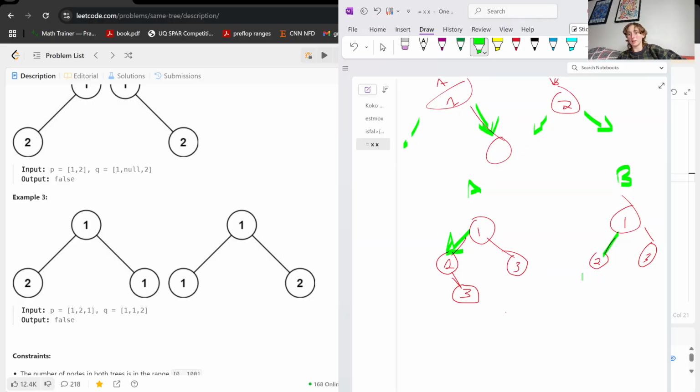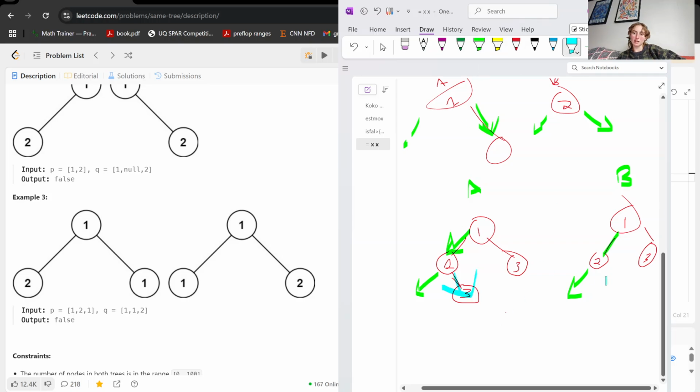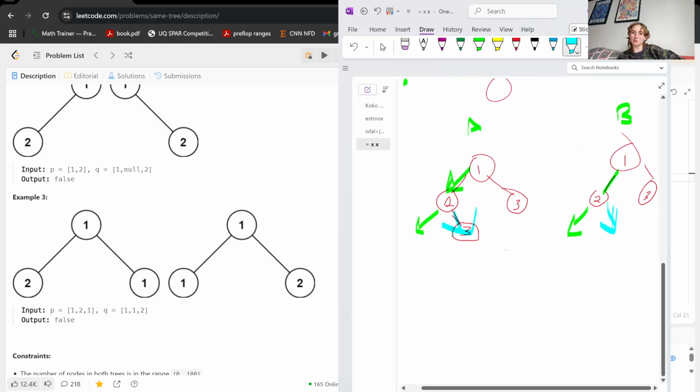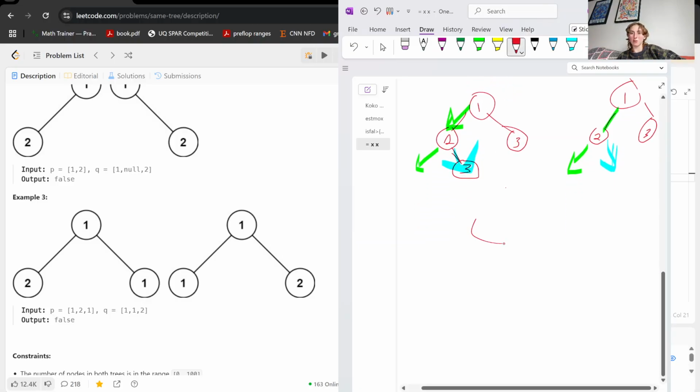Okay, and then A dot left is again equal to B dot left, so that's okay. But A dot right is not equal to B dot right, or like the node dot right, so that's false. So it looks like, okay, but then what if we have this scenario